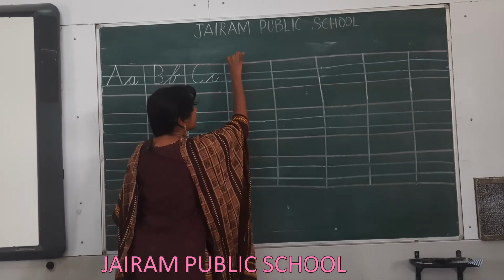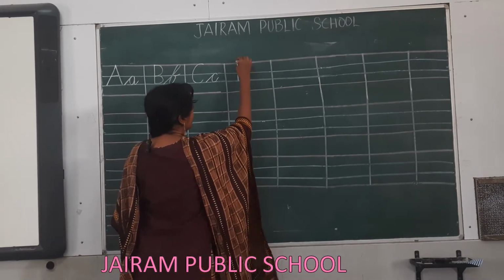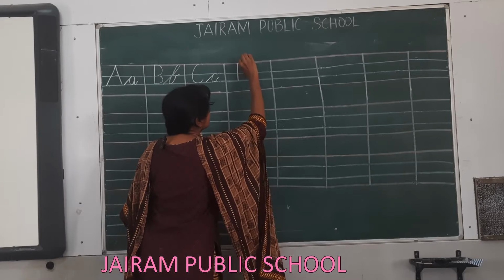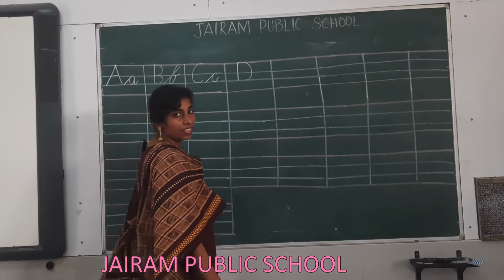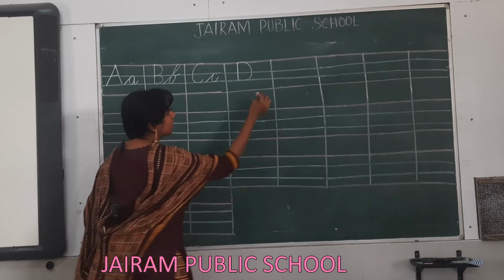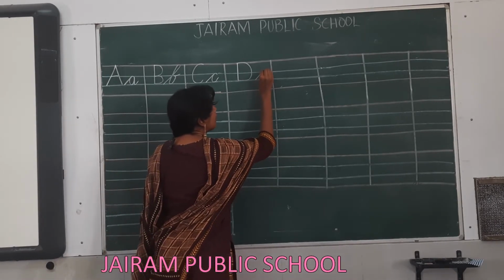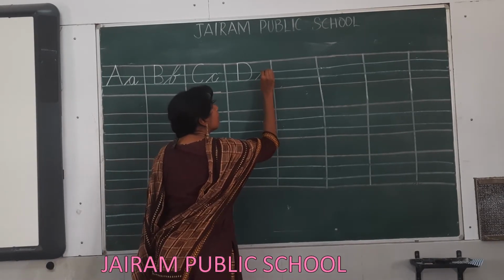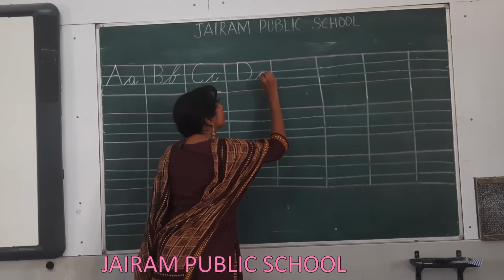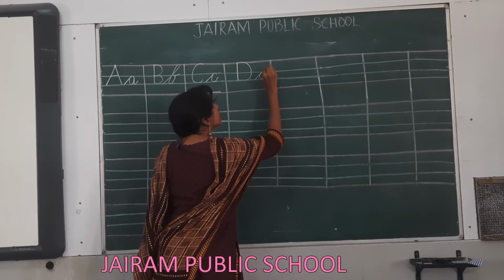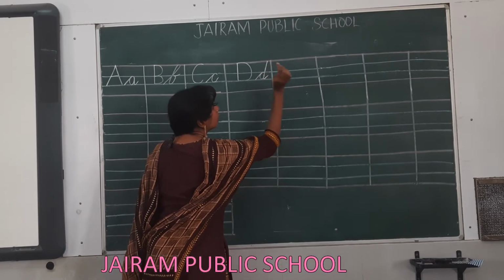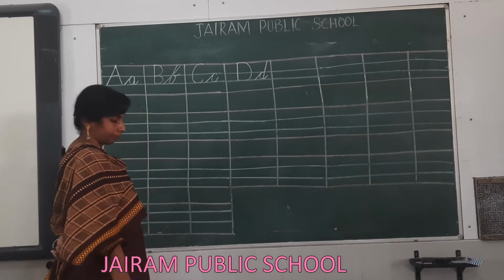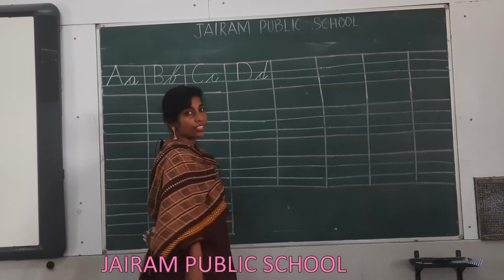How do you write D? A straight line from the top line to the baseline and a second curve closing it. Now how do you write the cursive d, lowercase d? Upward forward slant, small curve, under curve, upward forward slant, downward backward slant and then upward forward slant. This is letter d. The next letter we are going to write is letter E.